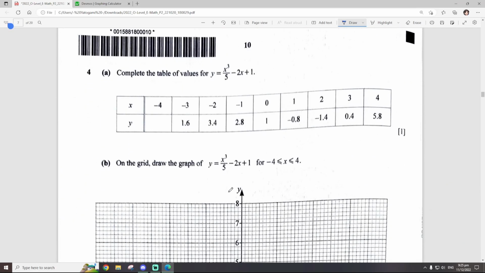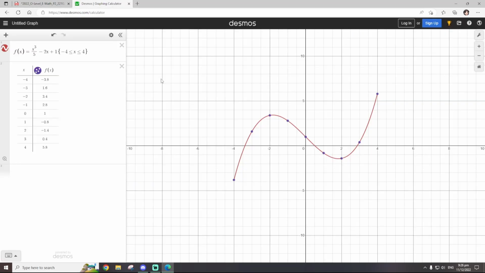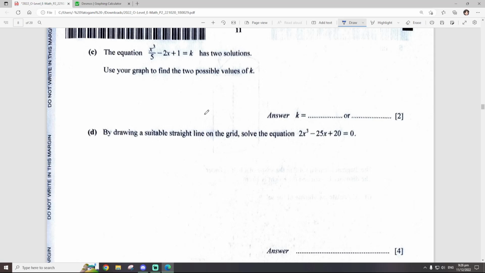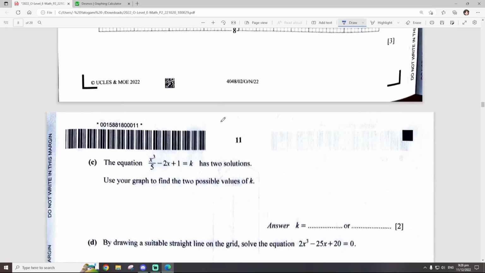Complete the table of values. Okay, so this is the graph question. So this is minus 3.8 if you work it out. On the grid, draw this graph. Okay, I'm not going to draw this graph. I have it in decimals. The equation has two solutions. Use the graph to find the possible values of k. So you see that the expression is exactly the same, but we just have to equate this thing to k,